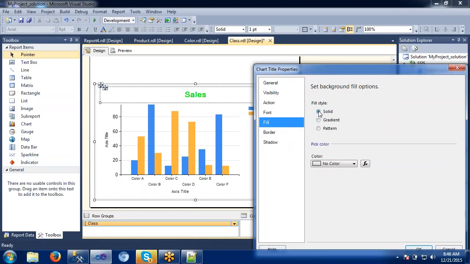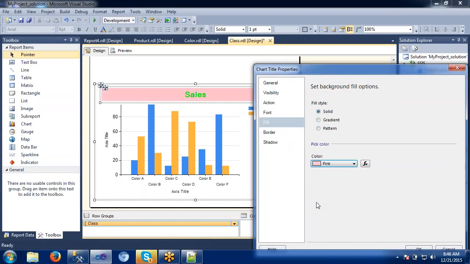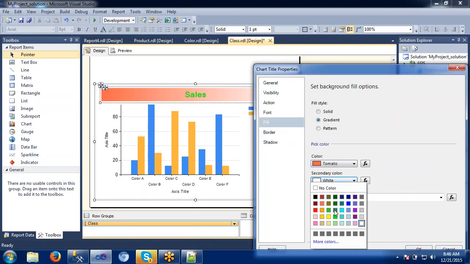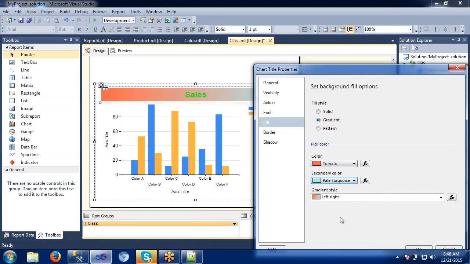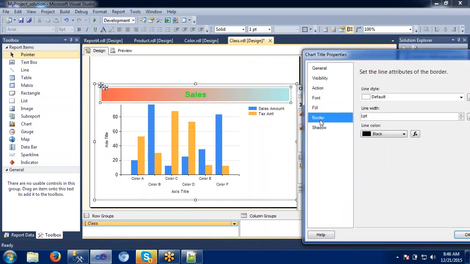Fill here. Right now it is showing solid color. If you want to make it some other, in the background it will be displayed like this. If you want to make a gradient, meaning some dark color to red color, this to this one, some light color here. And we can try whatever you want. Some pattern if you want to make, it is in this one. See, whenever I change these options, automatically it's reflecting here. So the preview is not required here, it's giving me options here.